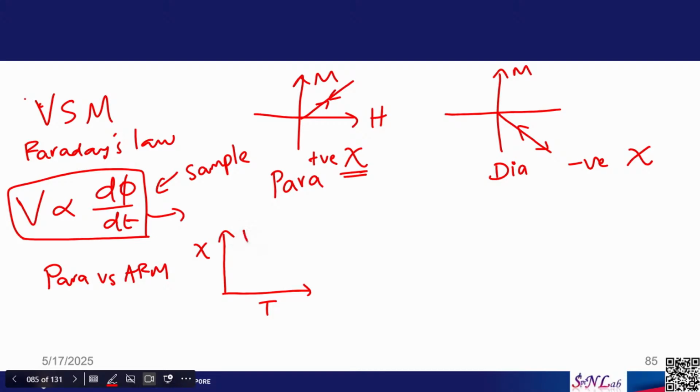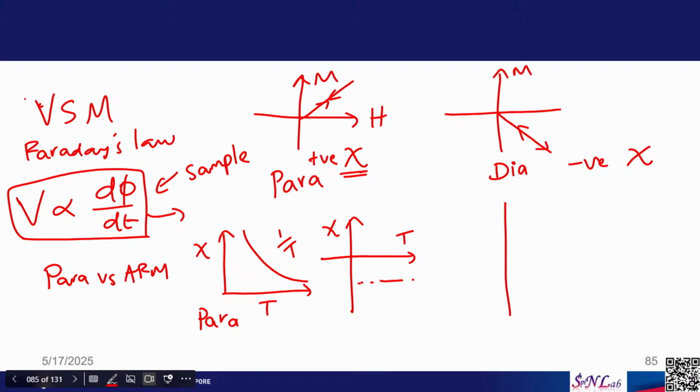If your chi is going like this, exhibiting 1 over T behavior, this is an indication of paramagnetism. And for diamagnetism, the susceptibility is independent of temperature, negative, whereas